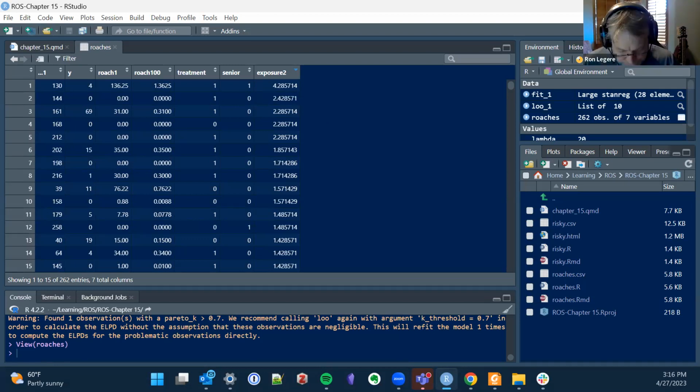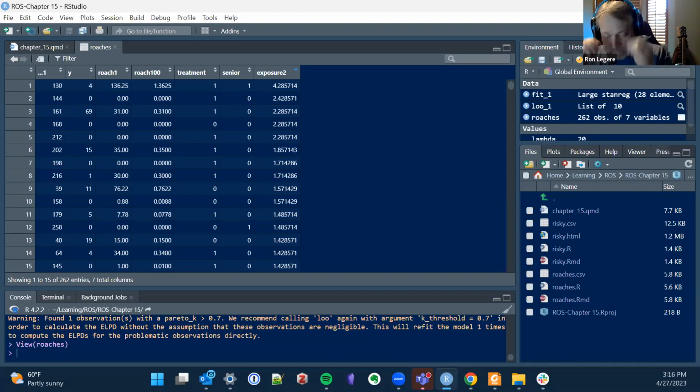Senior: a senior building restricted to the elderly. So that's what that means. And roach100 is just the number of roaches measured before that, I guess, on the same number of trap days. That's right. How do they get that exposure the same both times? Actually, oh no, there's control. Sorry, it's not the same apartment. Some apartments were treated, some weren't treated. But still, what is this pre-treatment roach count supposed to be?